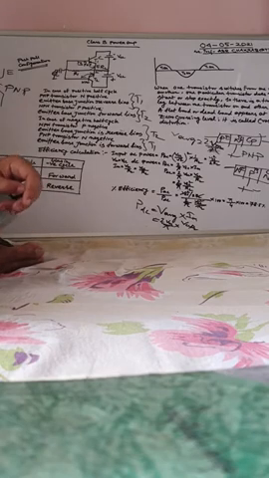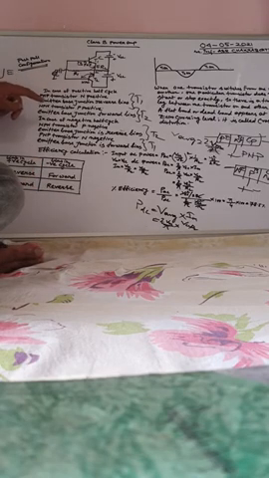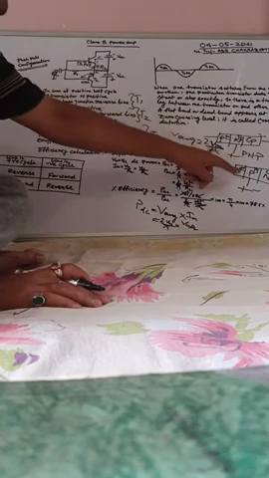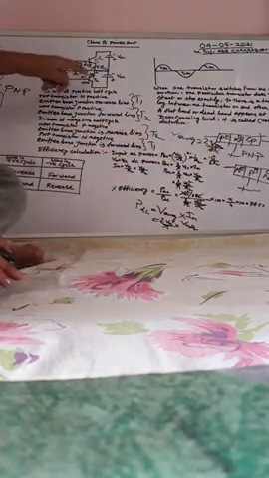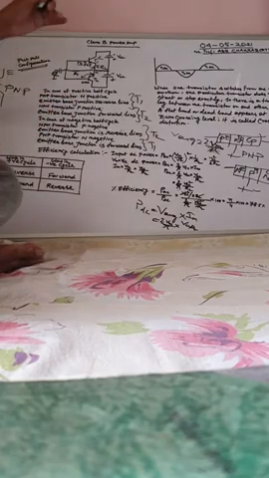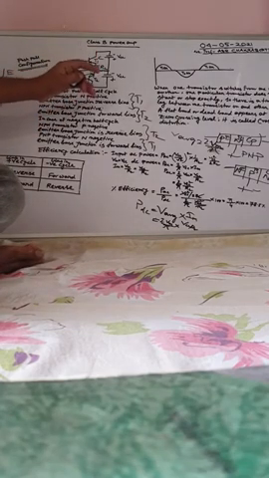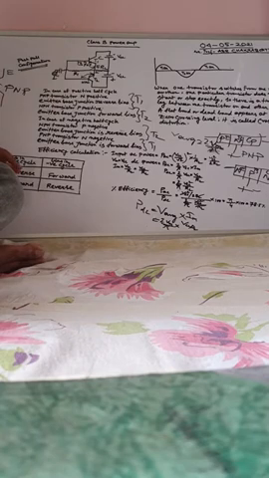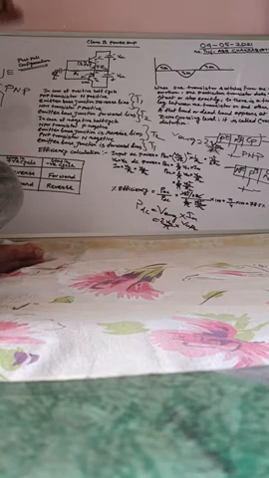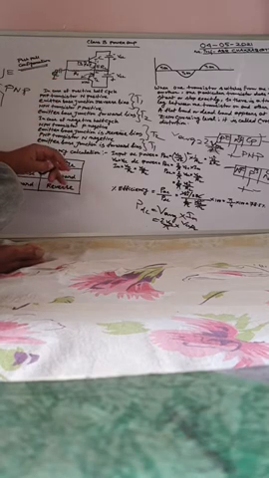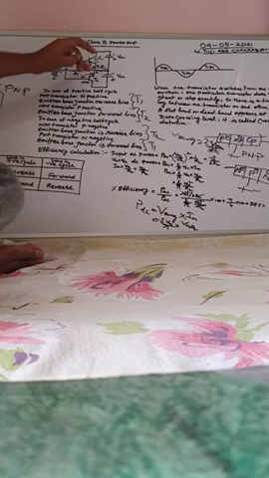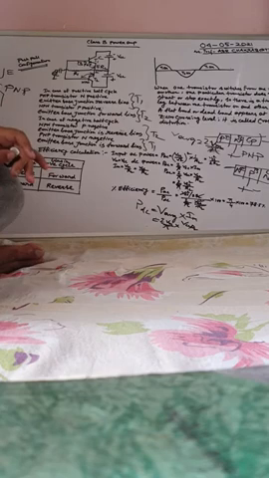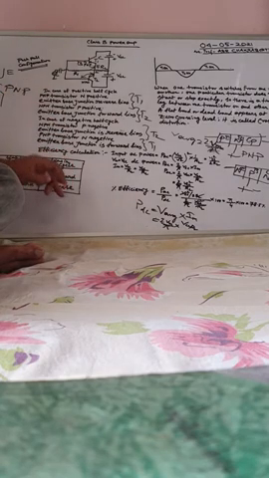So the emitter base junction of the NPN transistor is forward bias because we have applied positive polarity to the P semiconductor part of the NPN transistor. So P is positive, so the emitter base junction is forward bias. So one transistor is on: T1 is in reverse bias and T2 is forward bias. In the next half cycle, T1 is forward bias because minus polarity is connected with the N part of the PNP transistor. So T1 is on, T1 is forward bias, T2 is in reverse bias.